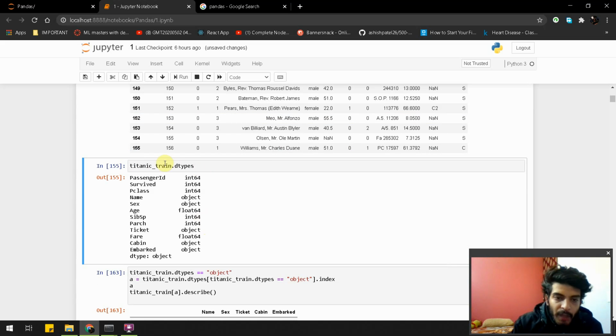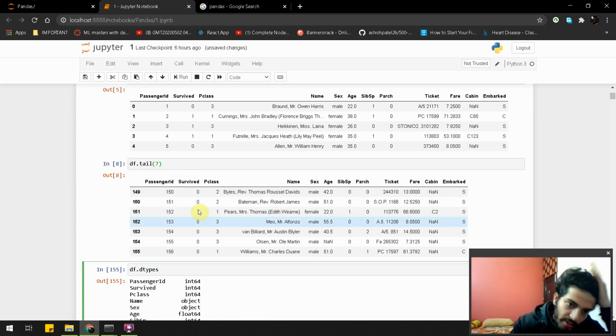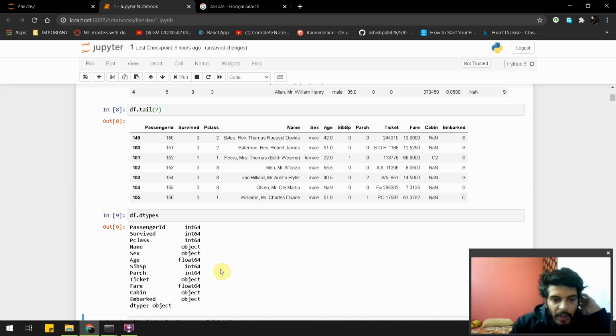and enter. And if you want to know what data types we have in our columns, like what are the data types of passenger ID, survived, pclass, name and sex, you just need to press shift and enter here.